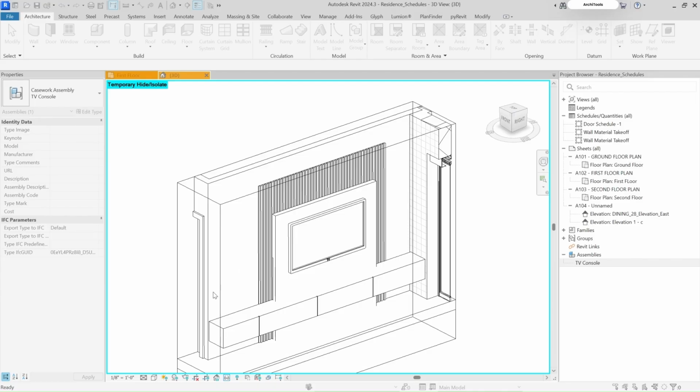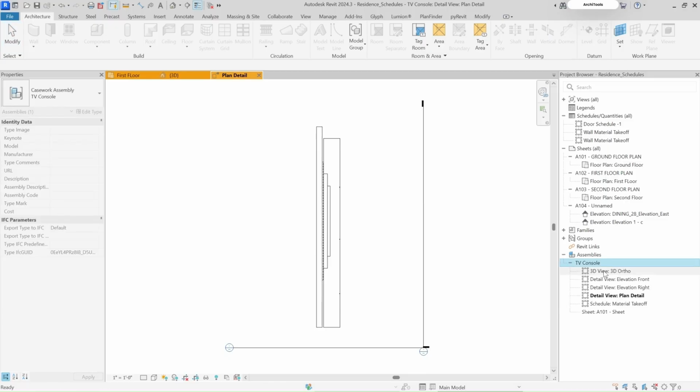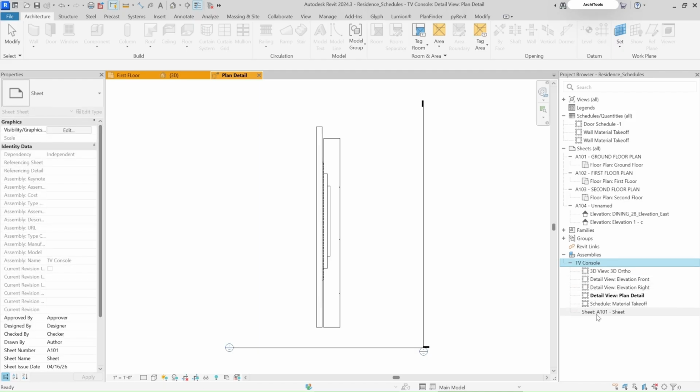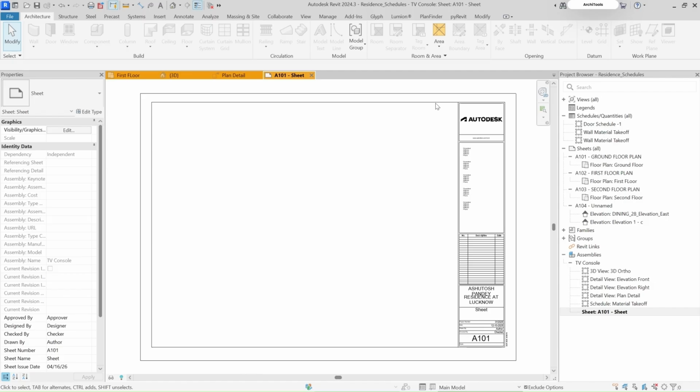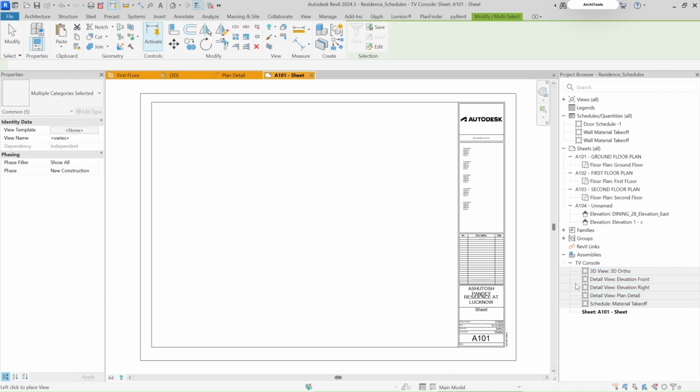After that, if you want to create a sheet in which you would be placing all your views, so if you haven't created any sheet before, you can just tick from here only, and in the drop down you can select the title block, whatever title block is suitable for you. So I've selected this one, and once I'm done, I'll just press OK. So all the views have been created. I can click on this plus icon to show you all the views that I have selected have been created, and I also have a sheet with the title block I have selected. Now I'll just go ahead, select all the views, drag it to my sheet,